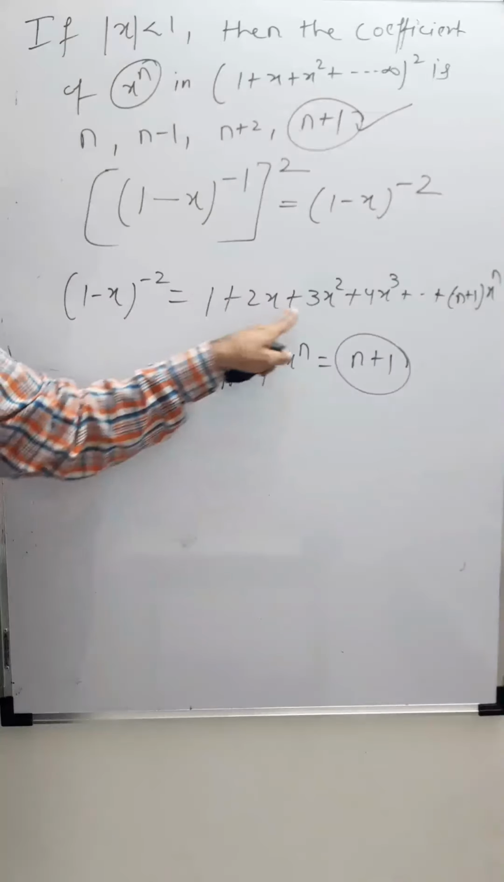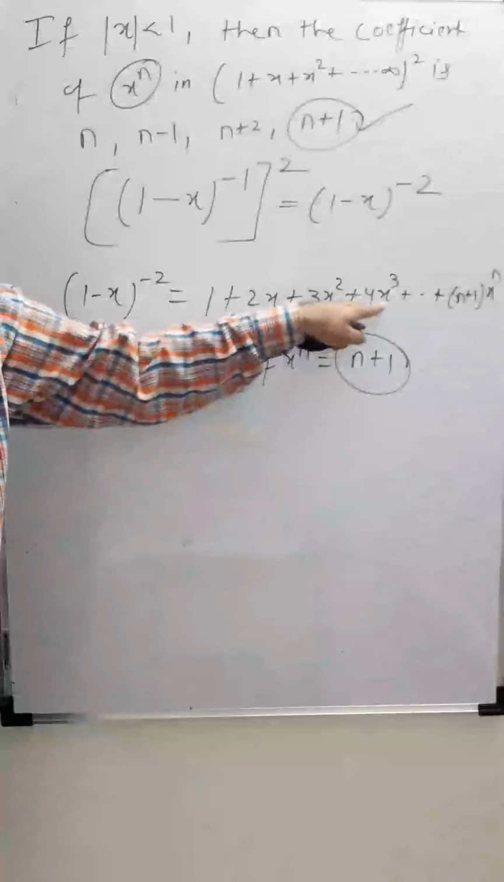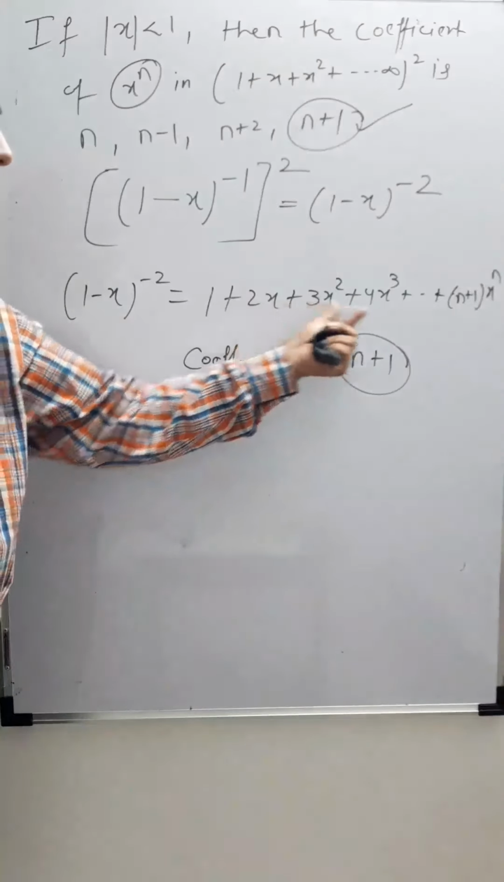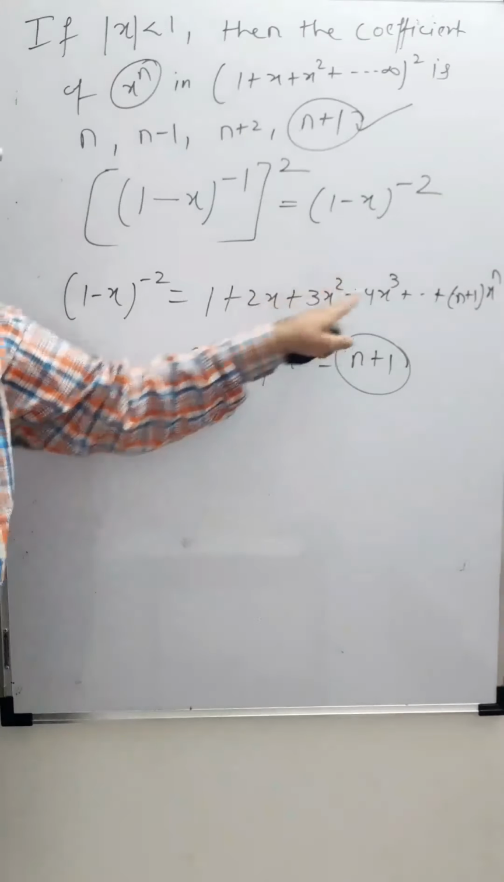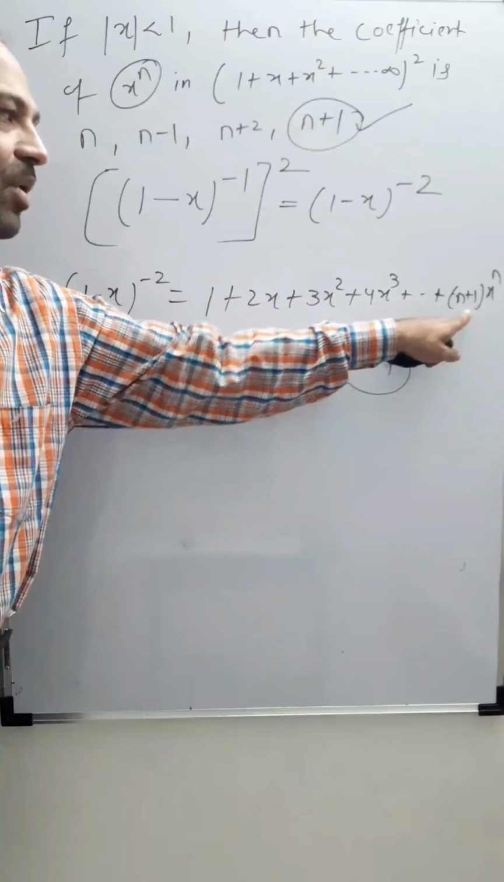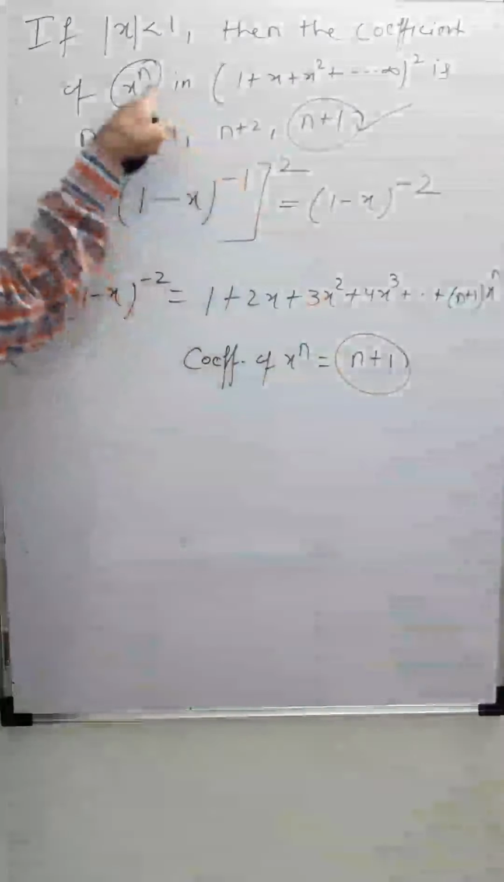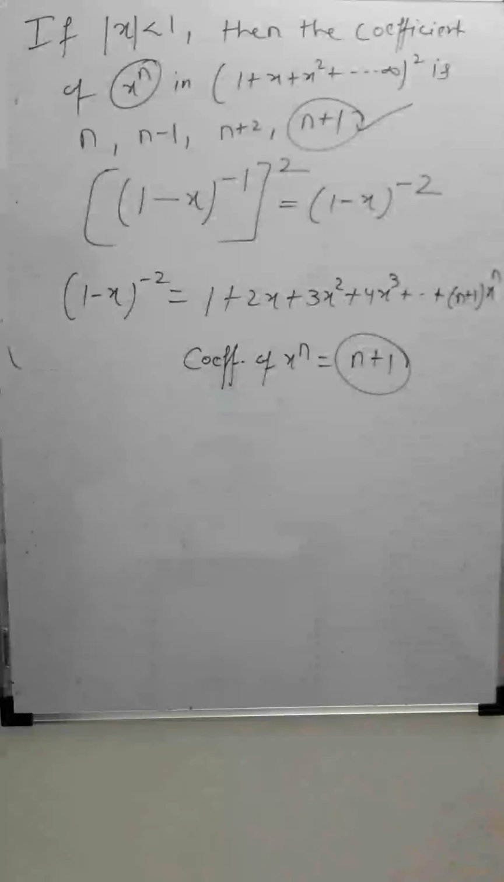So it will start with 2, 3, 4, 5, and so on. Then we have to find the coefficient of x to the power n. Then we came to know the generalization of this term, how this term is flowing: 2x, 3x square, 2, 3, 3, 4. So before n will come n plus 1, the coefficient. So the coefficient of x to the power n is n plus 1. Right. So these are a few problems based on